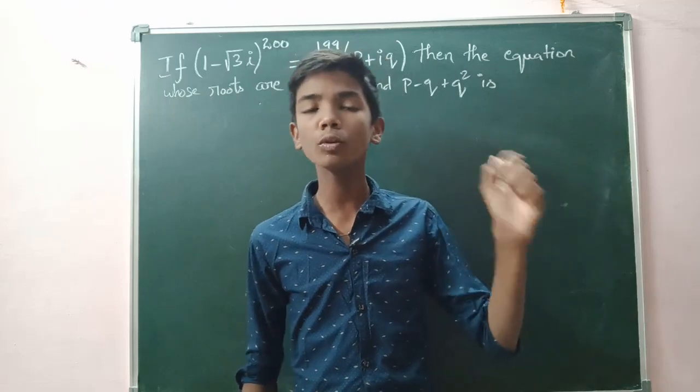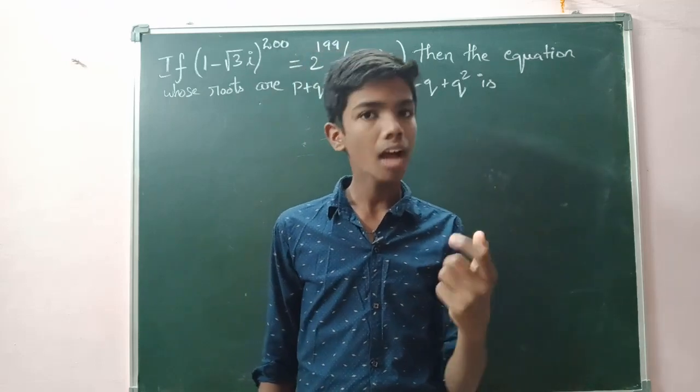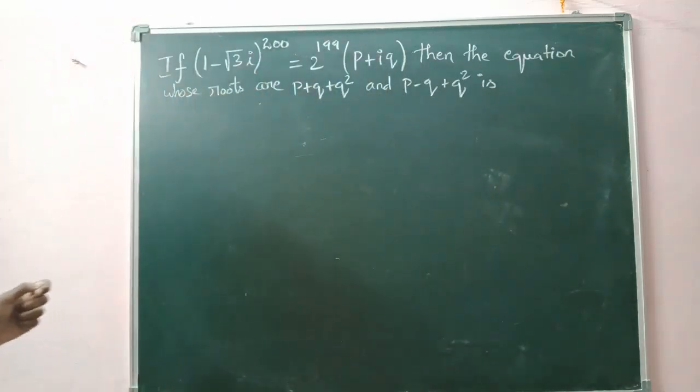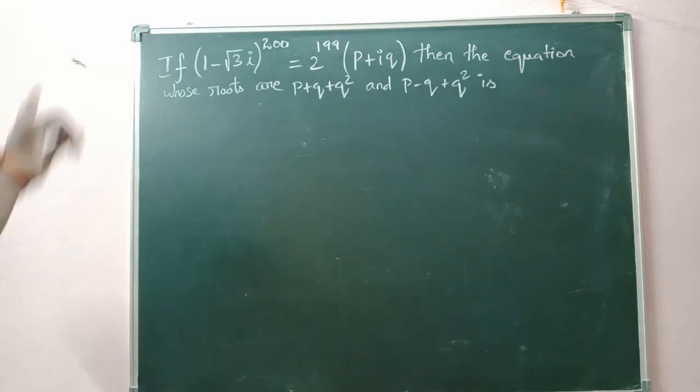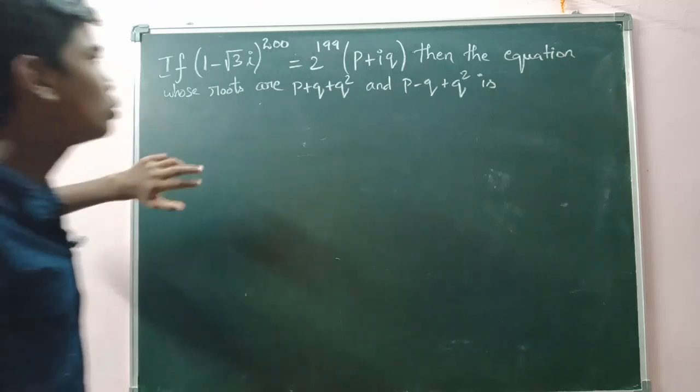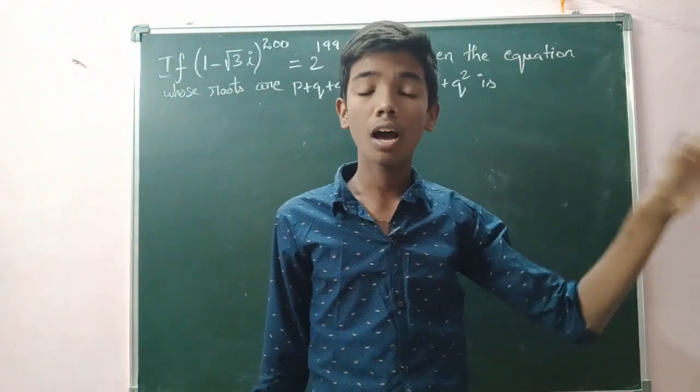Hi, still going to solve one JEE Mains 2023 question. And the question is, if (1 minus root 3 iota) whole power 200 is equal to 2 power 199 of (p plus iota q), then the equation whose roots are p plus q square and p minus q plus q square is what? So basically, here they gave one particular equation which includes iota, those terms of complex numbers,